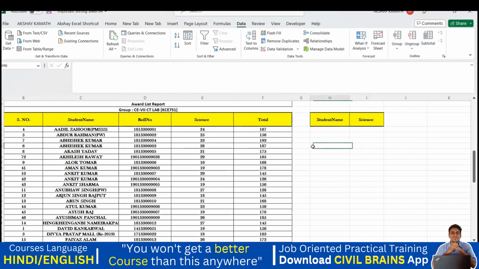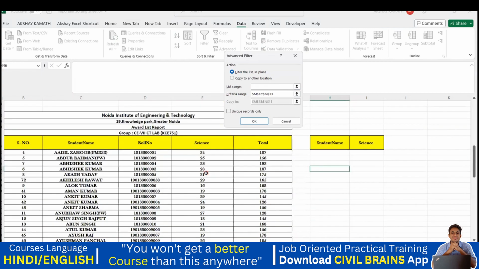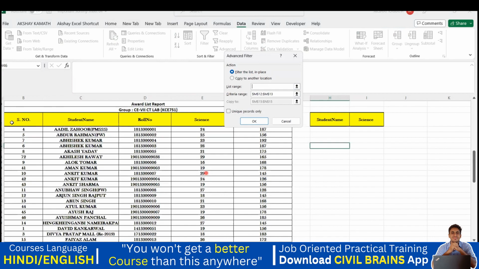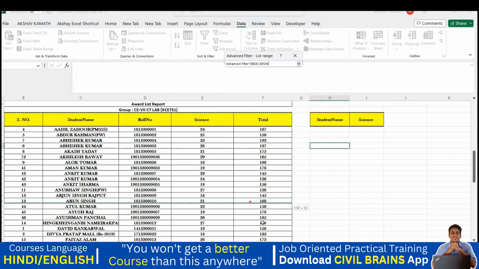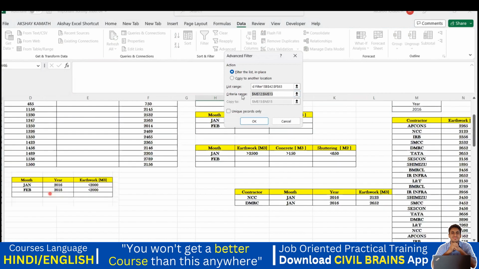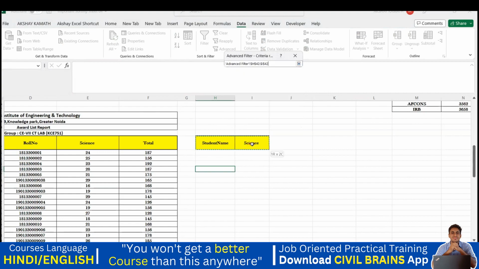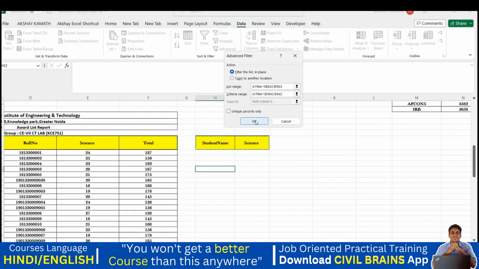What shall I do? I'll go to the advanced filter, advanced. So remove this list range, come down. So we'll select this particular range now from here. This entire thing I'm going to select. Okay. Fine. List range now is done. Criteria range, again you come down. So my criteria range will be this much. Okay. And I'll say